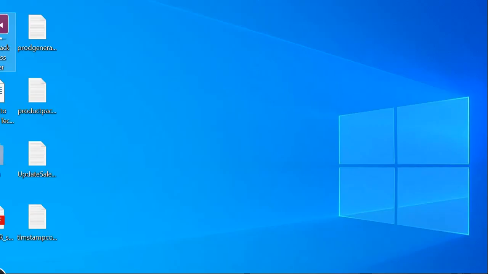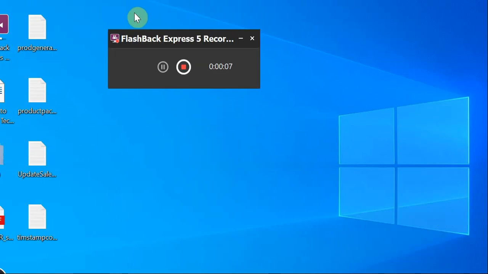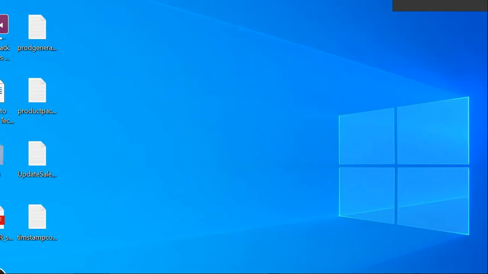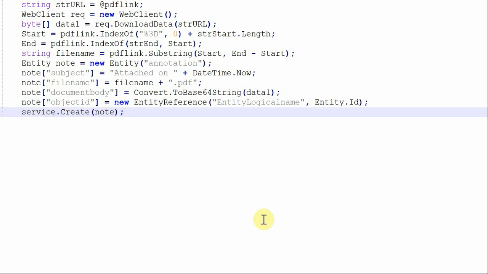I'm Rachna. I'm back with another video on how we can create notes and attachments from a plugin in MS CRM. So I'll quickly go to the code, to show how we can create the notes and the attachment to those notes in Microsoft Dynamics CRM. I'm making this video at the request of someone in my comment section below, who asked for a video on how we can create notes and attachments from the plugin. So here is the video.